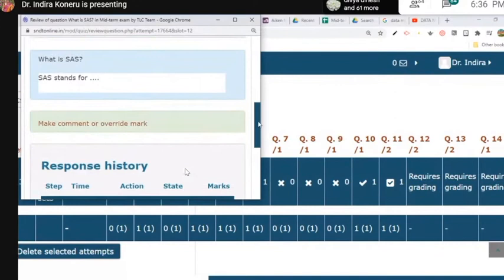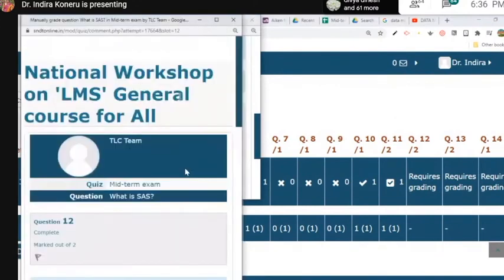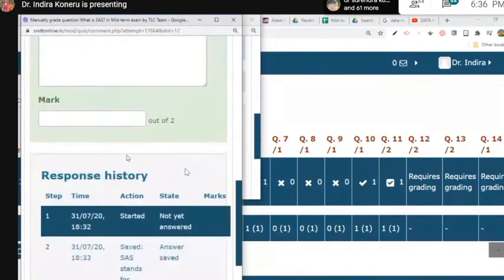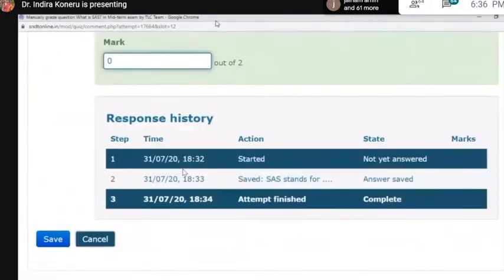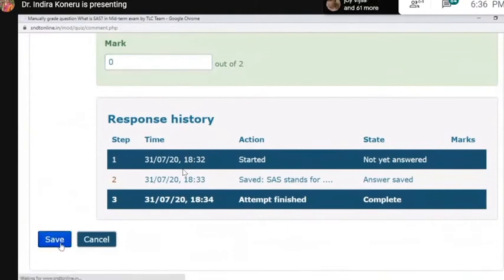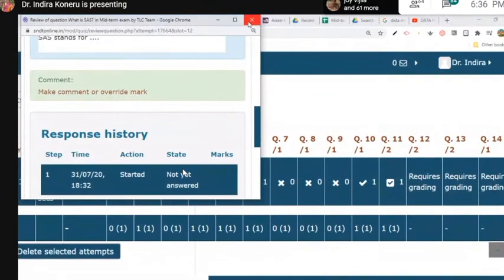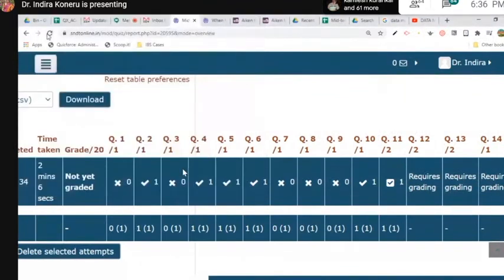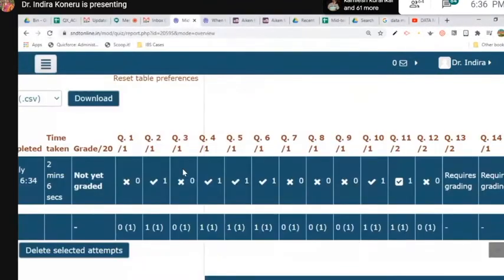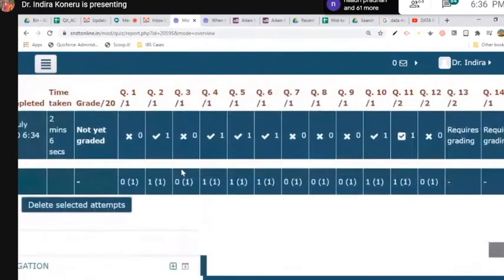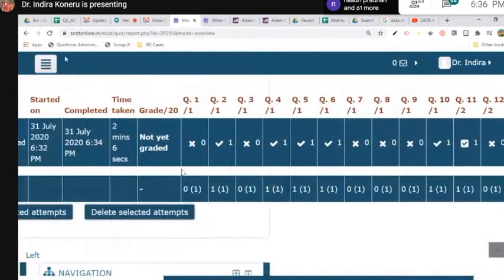So this is how you need to give some marks and comments to your students and save. Changes saved. I think we are done with this, sir. Then students should get marks, no?